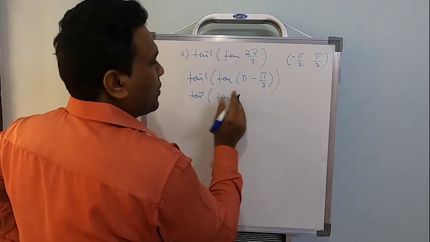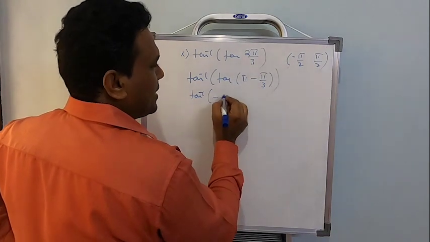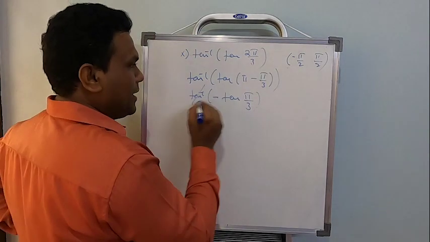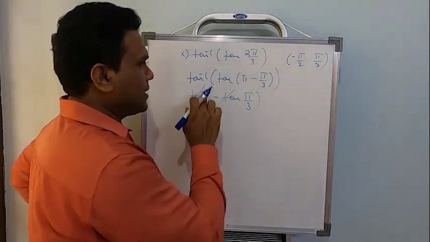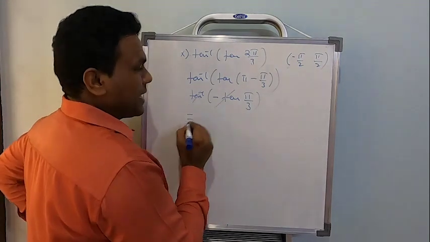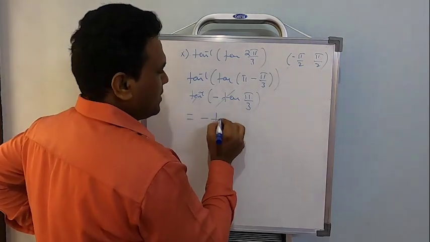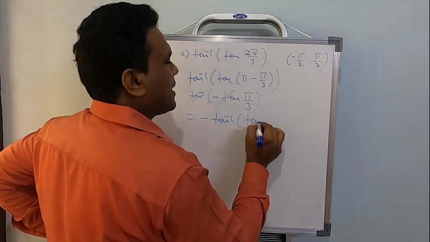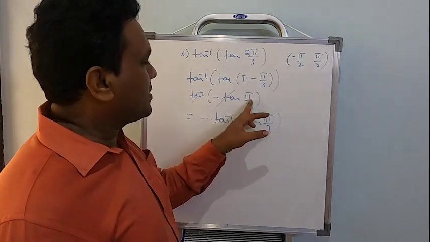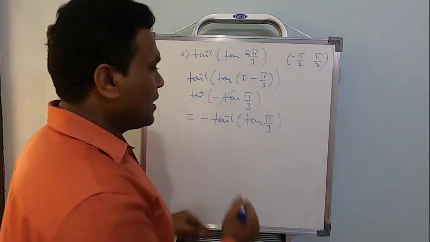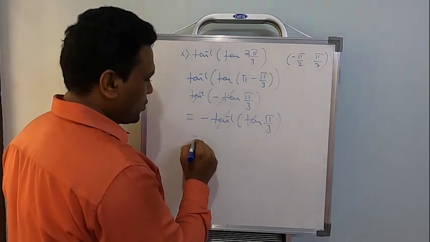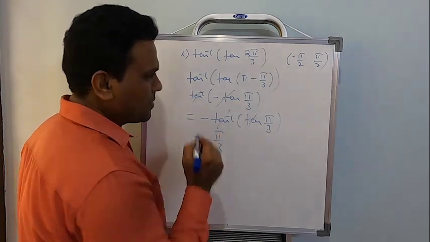Tan inverse tan of 180 minus theta. Tan of 180 minus theta in the second quadrant, tan is negative. Now don't eliminate this directly like this. That should not be done because a negative sign is there for tan inverse. So what is tan inverse of minus x? It is minus tan inverse tan pi by 3. Apply the property: tan inverse of minus x equals minus tan inverse x. Now you can eliminate because pi by 3 is an angle which lies in this limit. So the final answer is going to be minus pi by 3.